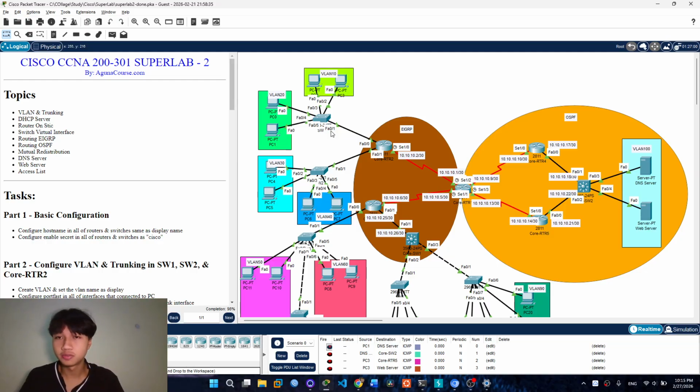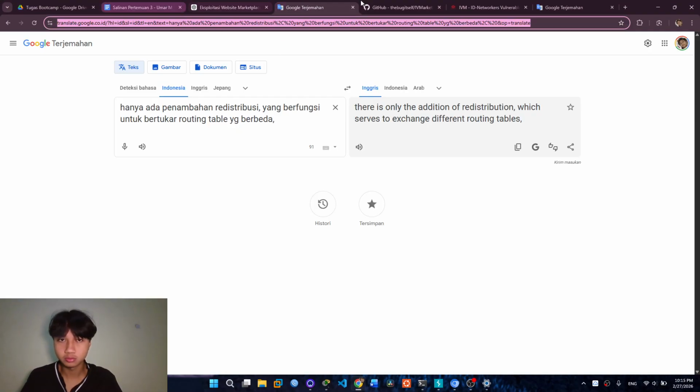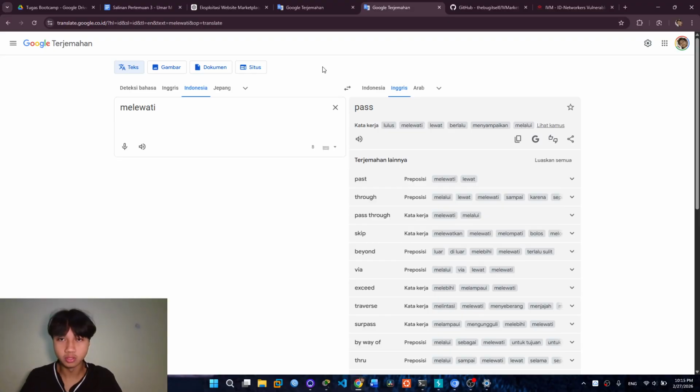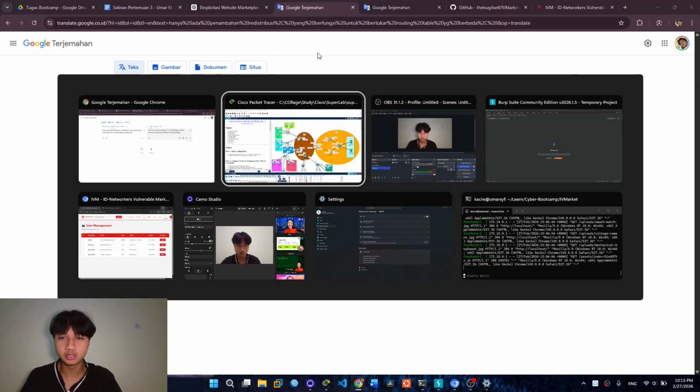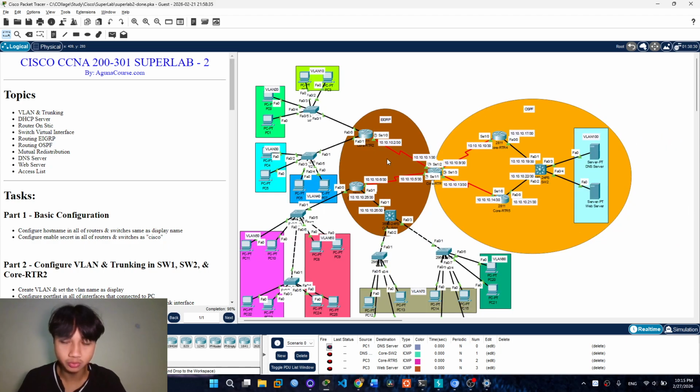The trunk serves to pass the VLANs. And then we'll configure this core RTR2